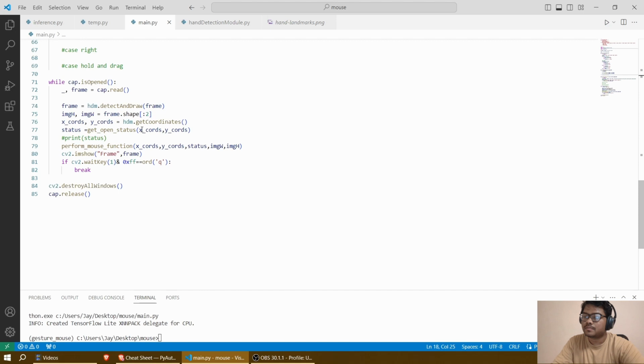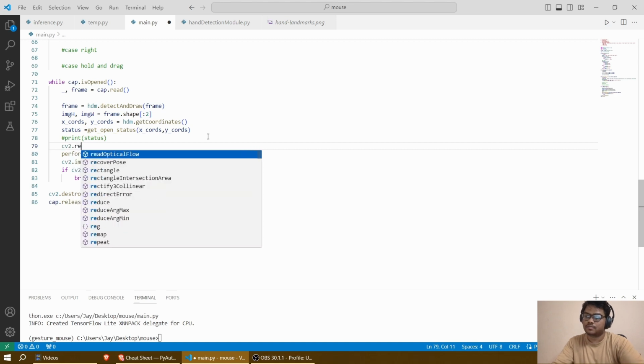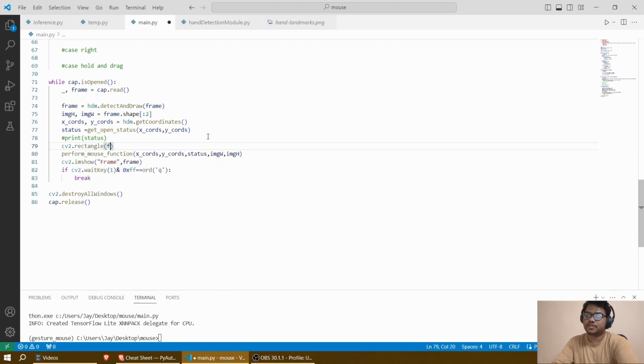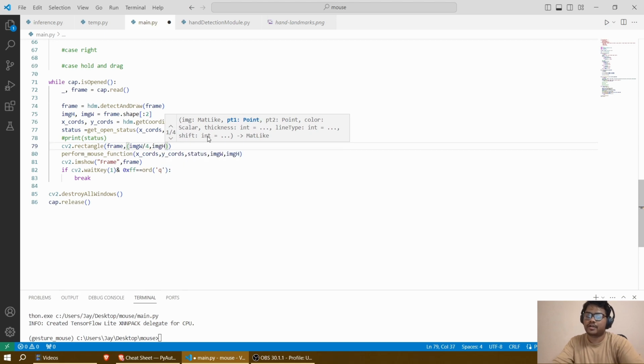After you get your frame, you can simply say frame equals cv2. I don't think you need to assign it. You can simply do cv2.rectangle. It takes the matrix frame, and then point 1, that is your left corner. So this is width by 4, where you have got your image width. So image width by 4, and your y should be image height by 4,